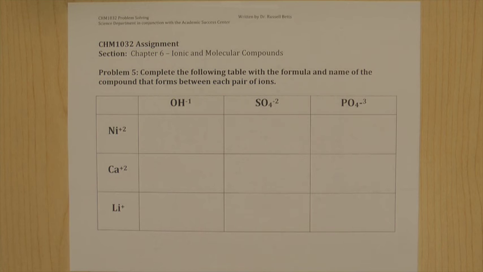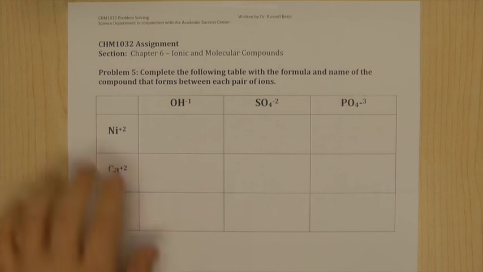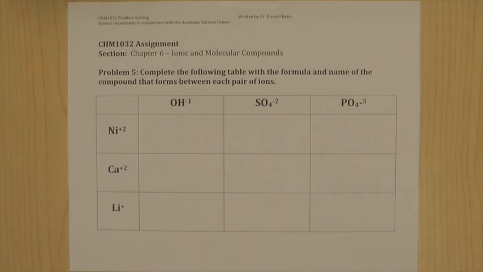Let's take a look. Chapter 6, problem 5. Complete the following table with the formula and name of the compound that forms between each pair of ions. Okay. It's our third video on naming compounds, so you might want to consider it to be pretty important. So here we have, again, across the top, a list of anions, and across the left-hand side, a list of